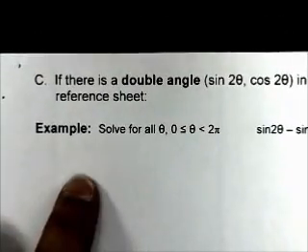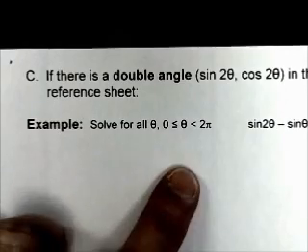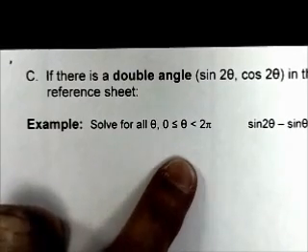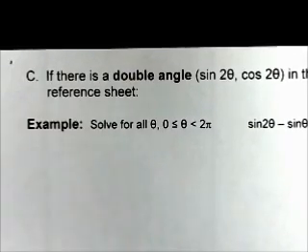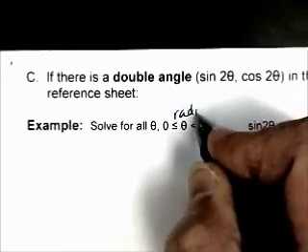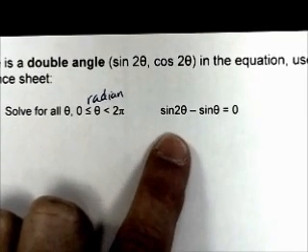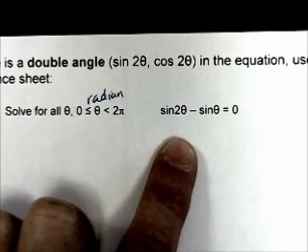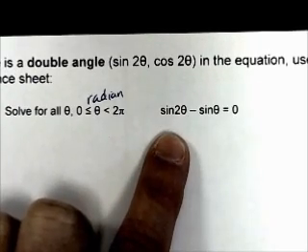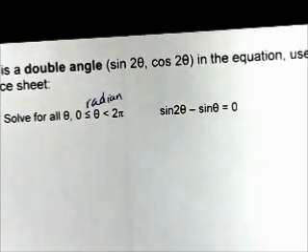So for the first example, solve for all theta, theta greater than or equal to 0, but less than 2 pi. So that means radian measure, right? We have sine of 2 theta minus sine theta equals 0. Okay, this sine 2 theta, it's not the same as 2 sine theta. All right, this is a double angle. So we go to our reference sheet,